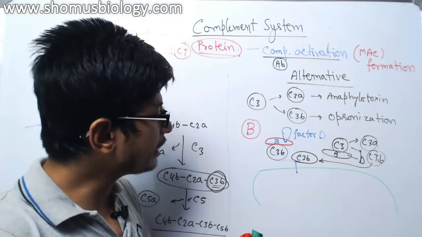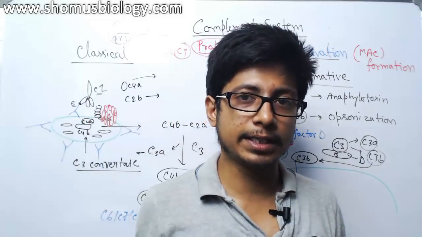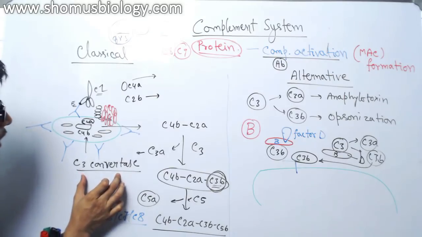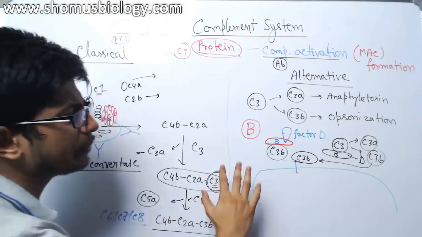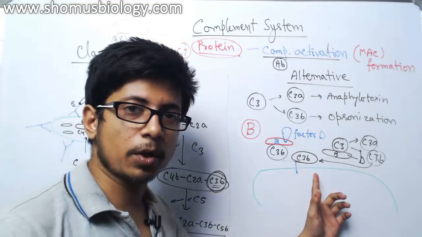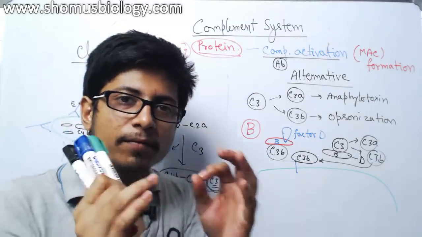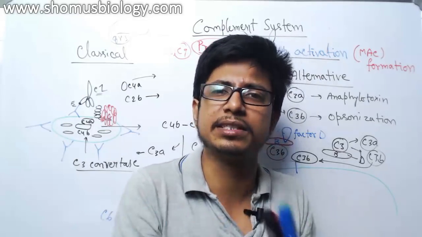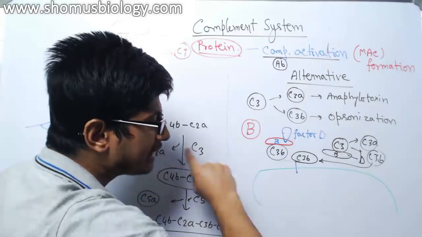So as they initiate the process of embedding, they don't need any C3 convertase at all here, because in this case, to produce a C3 convertase, we need C4b, C2a as a complex. Here we don't need any other complements, only C3. We start with this process. At the very beginning point of this whole process, some of the C3 gets activated, destabilized into C3a and C3b, and by that fashion, once they produce a C3b and embed it, then after that they will